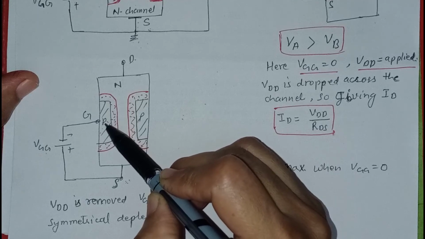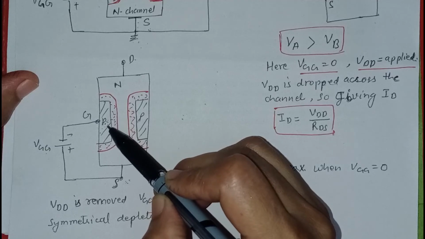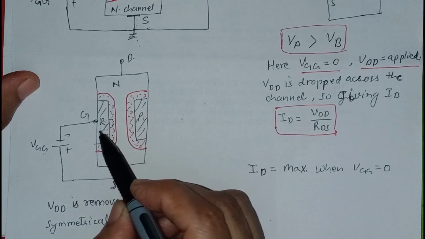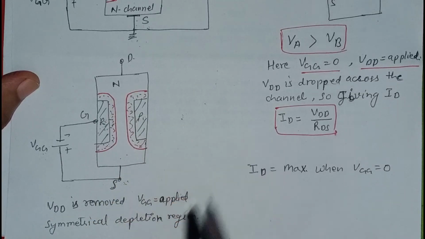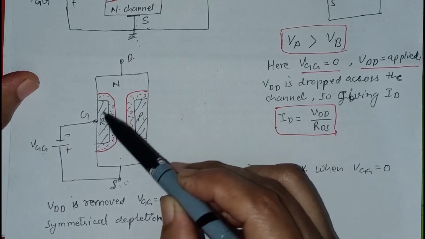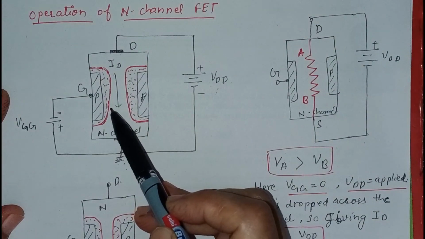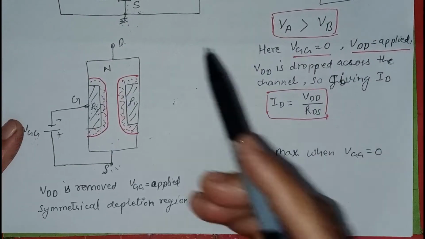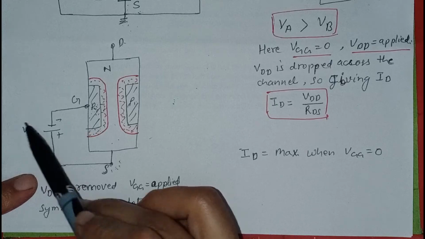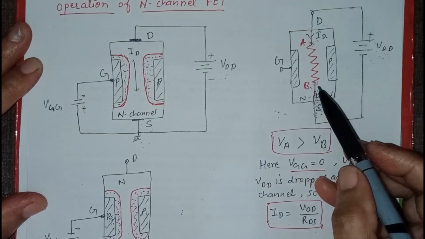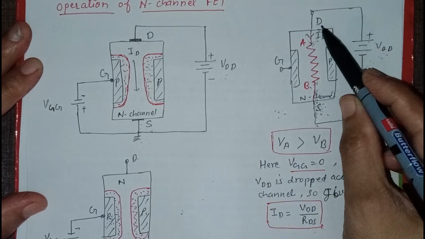As we know, this P region is heavily doped, so the penetration of the depletion region in the P region is not shown because it is negligible. The maximum extension of the depletion region will be in this N region, in the N channel. We can see here the depletion region is symmetrical here, but it is not symmetrical here. So if we remove the battery between drain and source, the depletion region will be symmetrical when we apply this VGG. Now let us suppose we remove the battery VGG between the gate and the source and apply a battery VDD between the drain and the source.